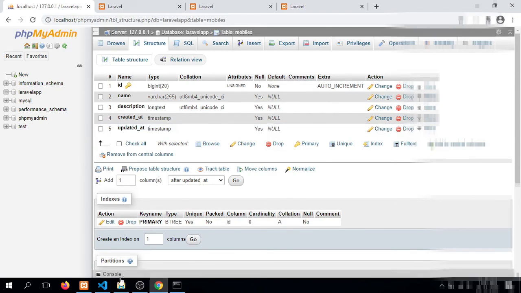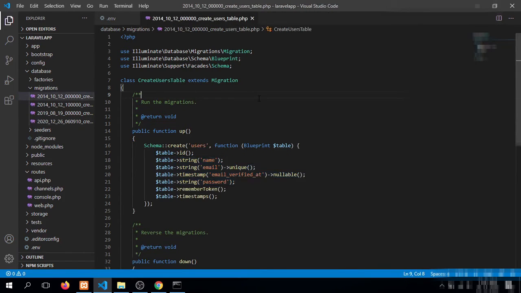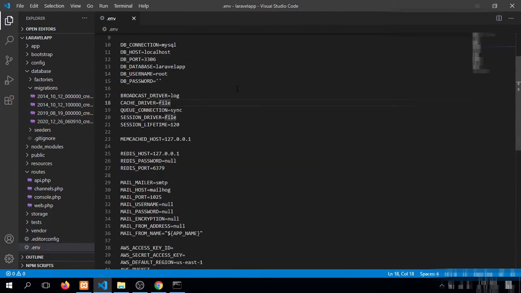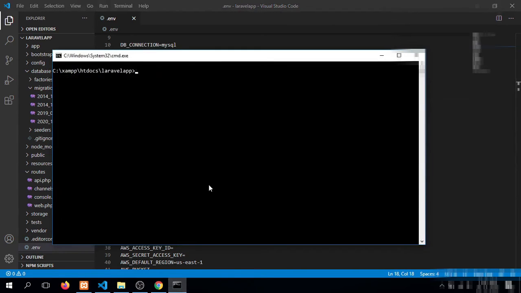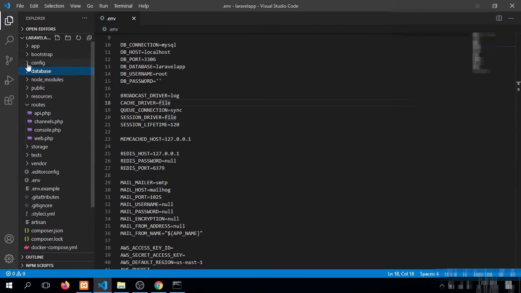So it's time to create a model for this particular table. You can see that model has been created successfully. Where will we find this particular model?